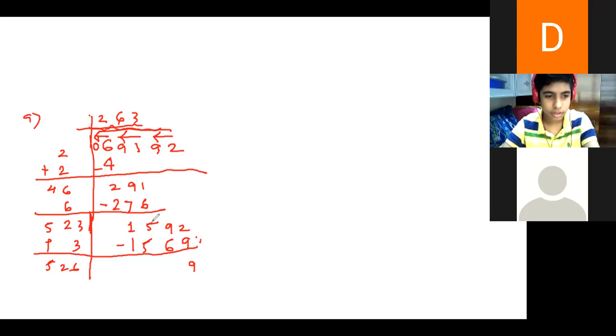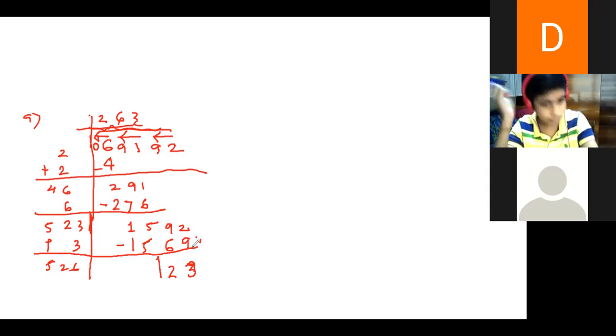Now why? See, listen. If you take 4, then 5 4s are 20 will come. Now this is 15. So you can't take 4. Okay. So 12 minus 9 is 3. 8 minus 6 is 2. So my remainder is 23. Remainder means this is extra.